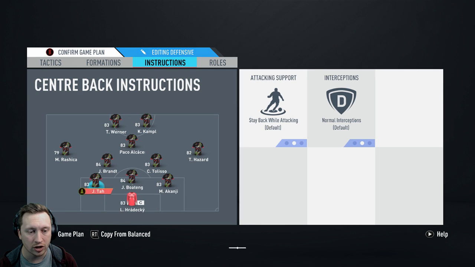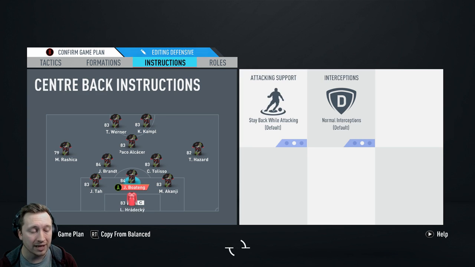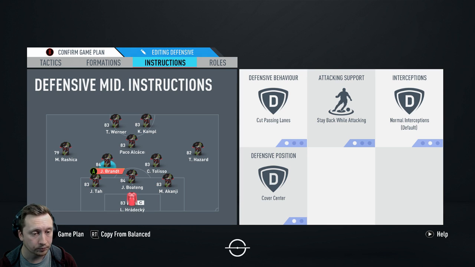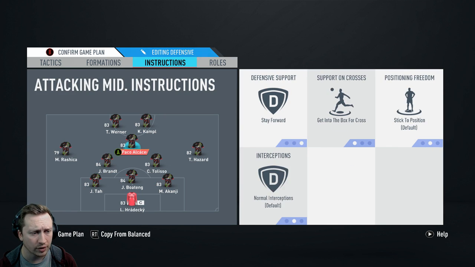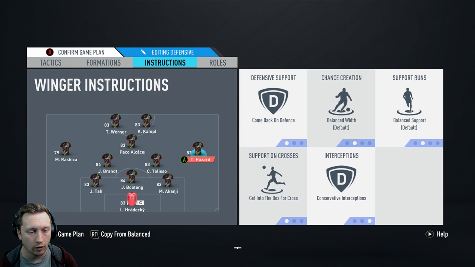I've not touched the instructions for the centre-backs, and I've not touched the instructions for the goalkeeper. Feel free to mess around with sweeper keeper and things like that if you want to. I'd prefer to do it manually. But that's essentially what it is. Feel free to pause the video at any point to get the instructions. Each corresponding position is the same, so left and right mid are the same, both CDMs are the same, both strikers are the same, so there's not an awful lot of point me showing you both of them. We also have the